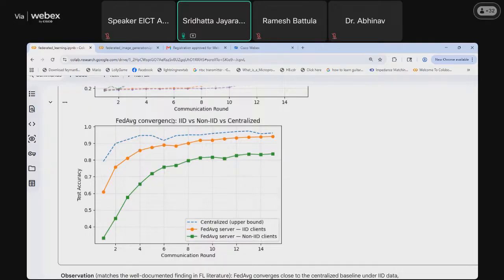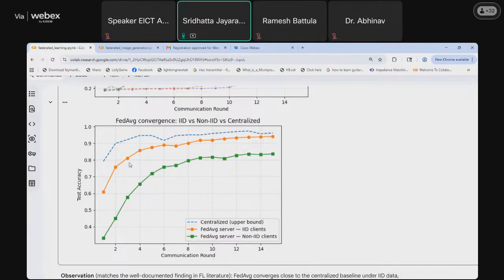So this is the comparison of how the data influences the result when the distribution is different. In the upper part of the graph, the blue part represents the upper bound, the maximum potential the model we are training can reach, up to 95% or 96% as we saw earlier.